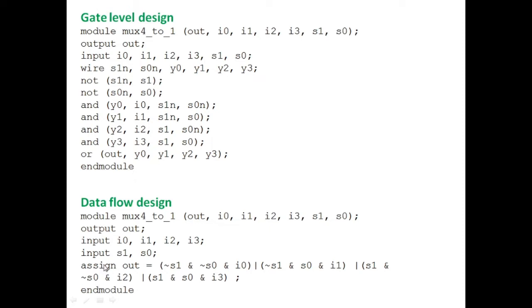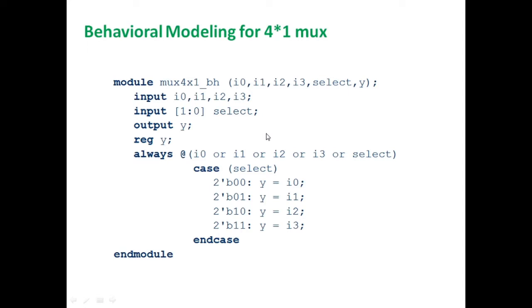I have used assign as a keyword, which plays the most important role here. And in the gate level abstraction, all these primitive gates play a crucial role in developing any hardware circuit. Coming to the 4 cross 1 multiplexer in behavioral abstraction, I haven't picked any logical gates